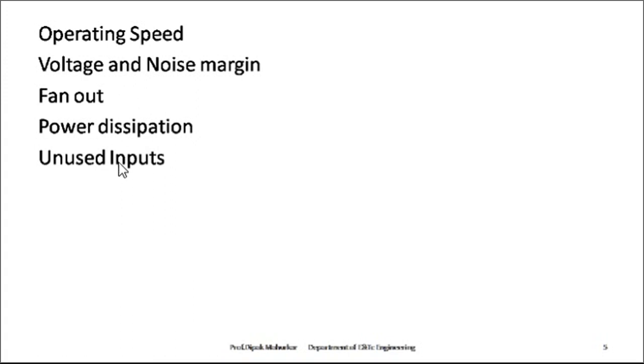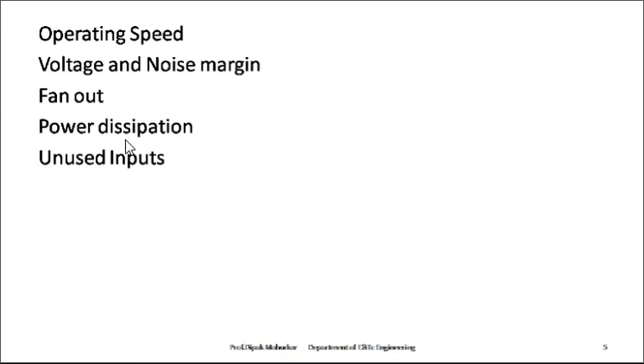The next one is power dissipation. We know that it is a product, the same equation. The power dissipation of a CMOS IC is very low under DC conditions, and it increases with the frequency at which the circuit switches. So it is speed into power: speed we can measure in nanoseconds, and power we can measure in microwatts. So this is power dissipation.